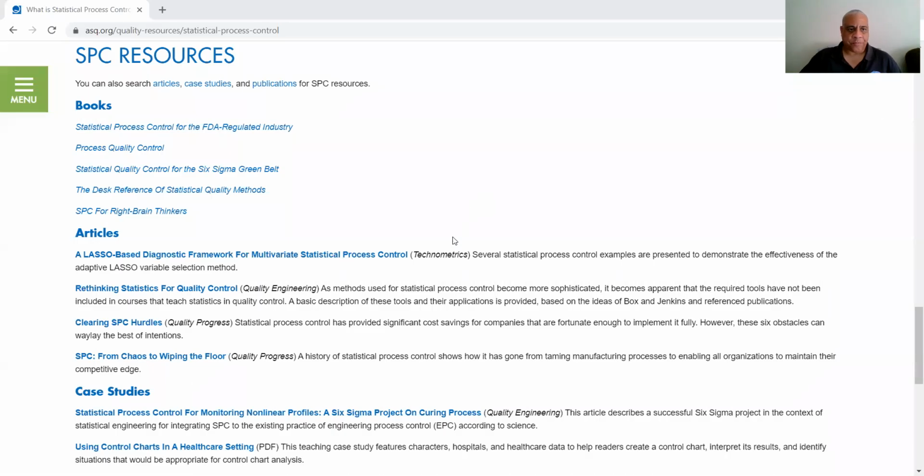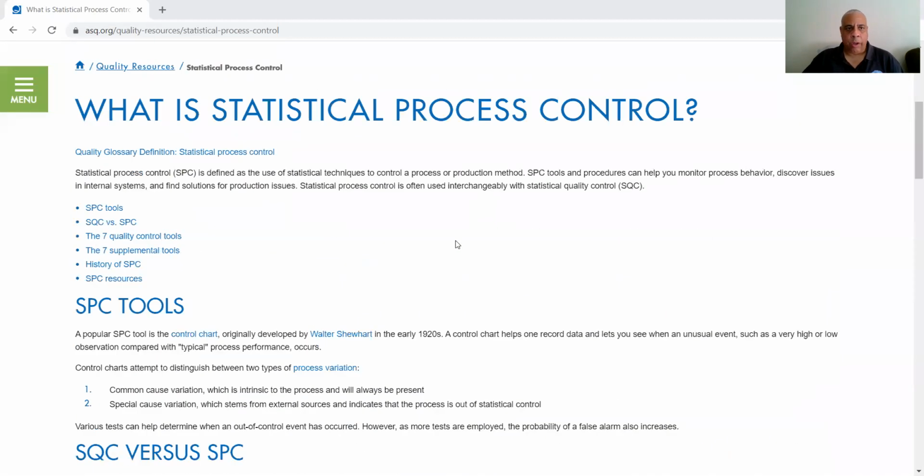Well, first of all, when we deal with SPC, statistical process control is defined as the use of statistical techniques to control a process or production method. SPC tools and procedures can help you monitor process behavior, discover issues in internal systems, and find solutions for production issues. Statistical process control is often used interchangeably with SQC,